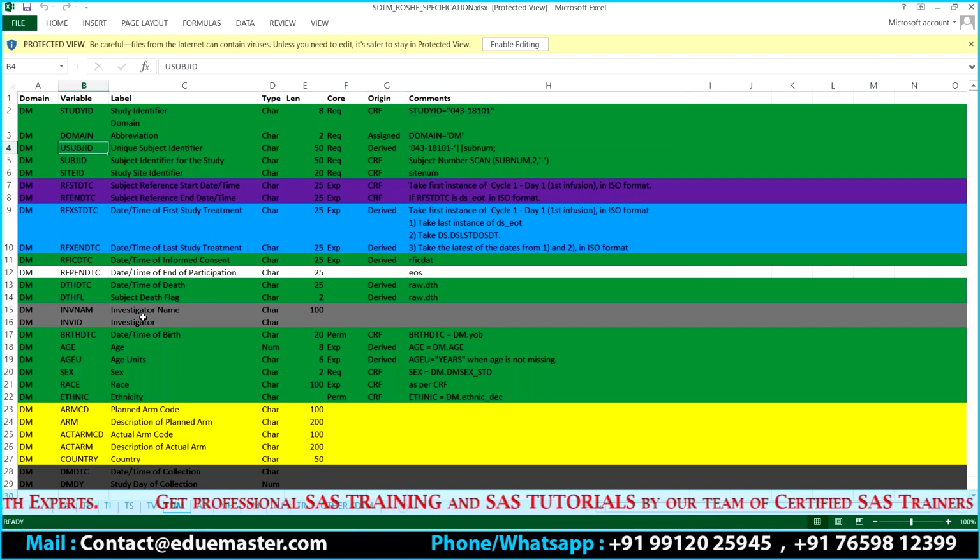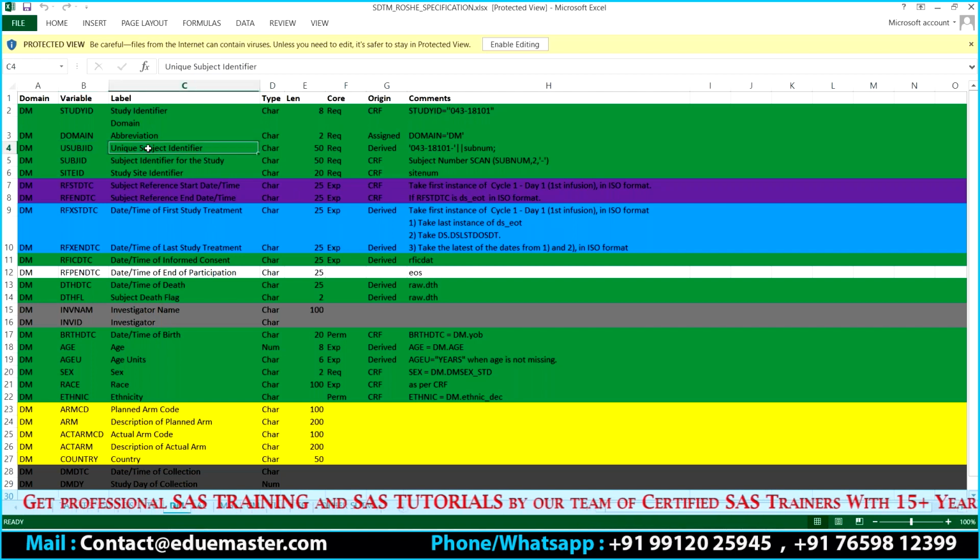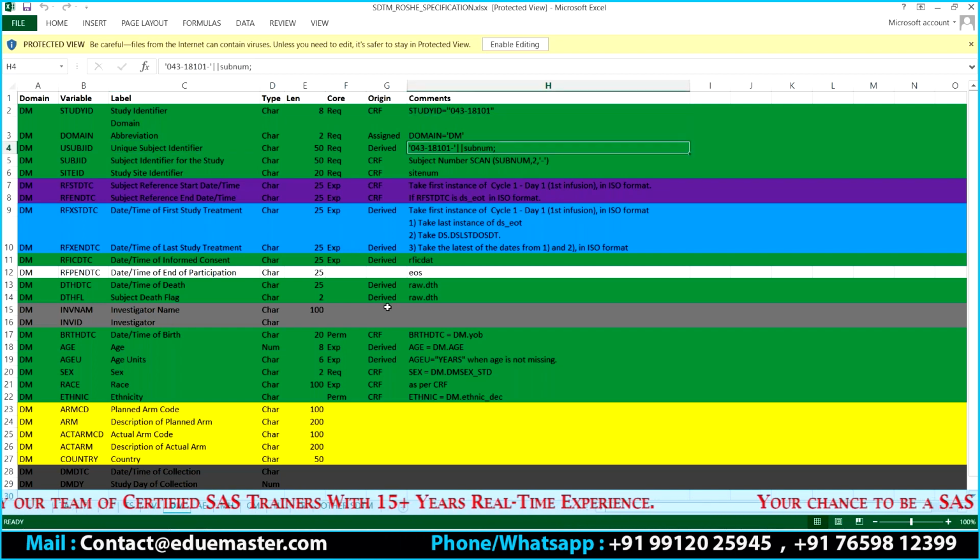And you can also see USUBJID, that is the unique subject identifier. This is also going to be a derived variable. You are combining your study ID with the subject number, right? The study identifier and your subject number, you are combining both of them, and only then are you getting this. So are you deriving it, or are you getting this directly from the CRF?